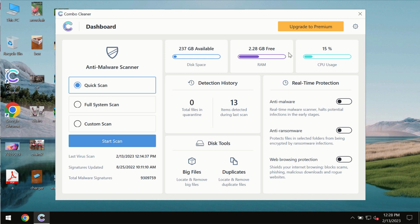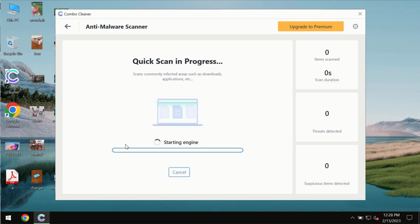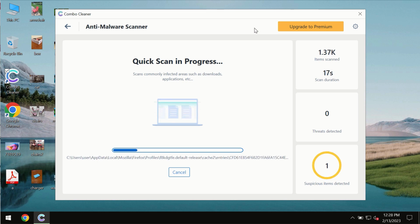After you successfully download and install the software, it will be initially in the trial mode. In the trial mode, only Quick Scan option is available so far. You need to click on Start Scan button, and most likely the program should first of all update its anti-malware database, which is of course definitely essential for proper detection and removal of any malware, ransomware, adware, or other types